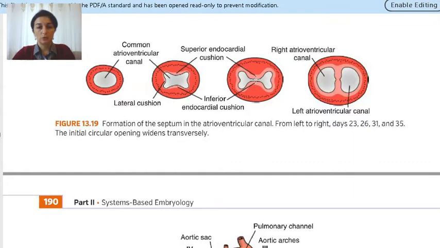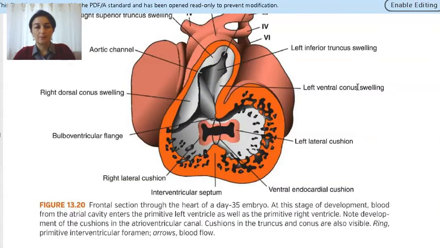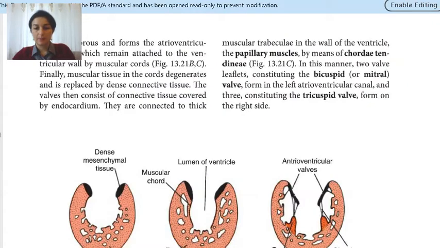They move toward each other, and finally they subdivide this one atrioventricular opening into 2 parts, right and left atrioventricular canals. Initially, when the blood flows through these canals from the atria to the ventricles, it will lead to thinning of this wall, and finally, pay attention,